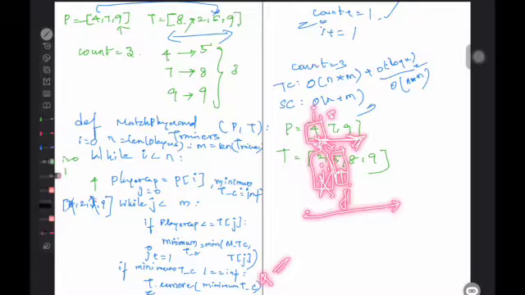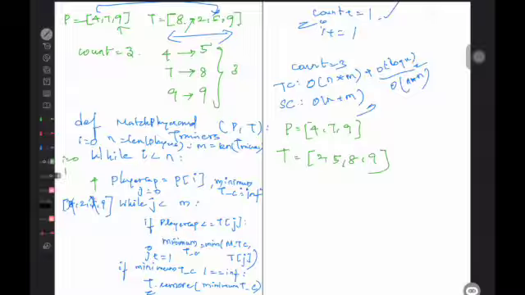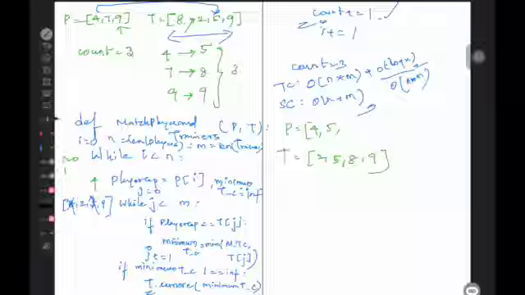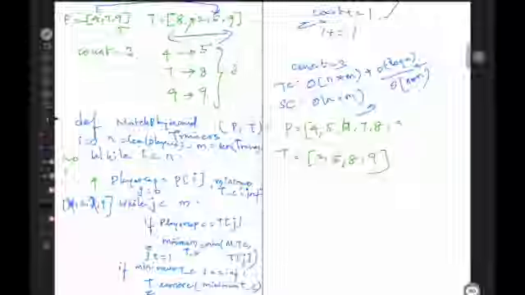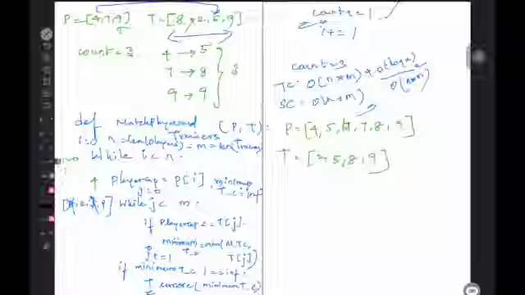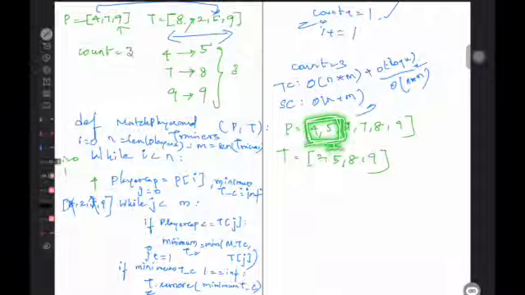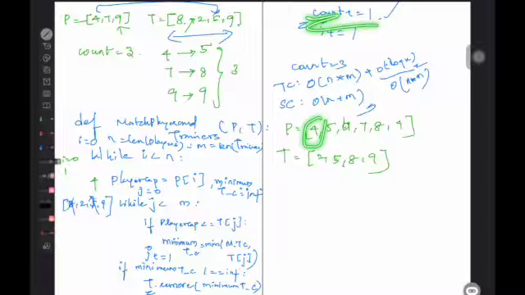Even in between, if some other player, for example, let's have it like this: 4, 5, 6, 7, 8, 9. Now, for any of these players you can take, for this particular 5, it is at most a one-to-one relationship, right? Also we need a count. They haven't mentioned anything else. We have to just do the count.